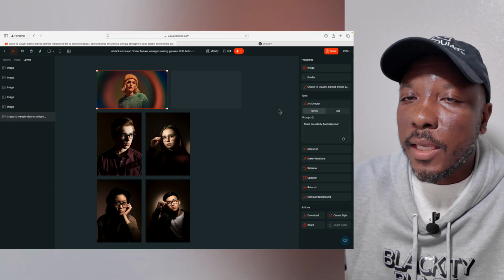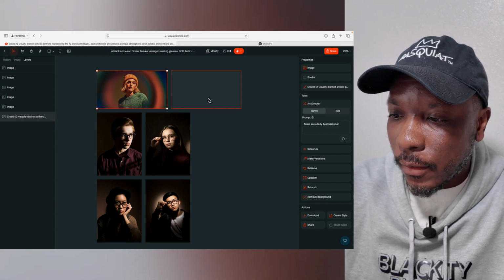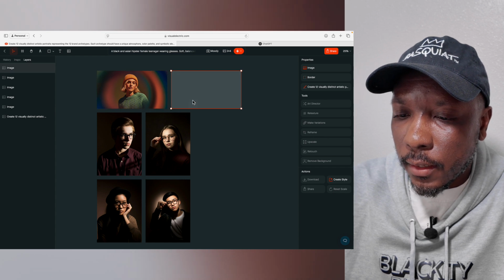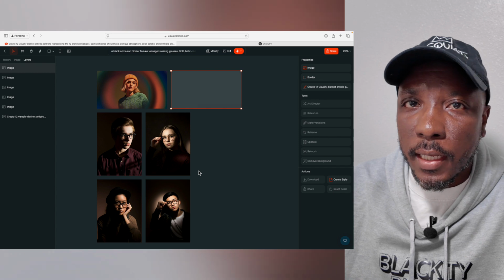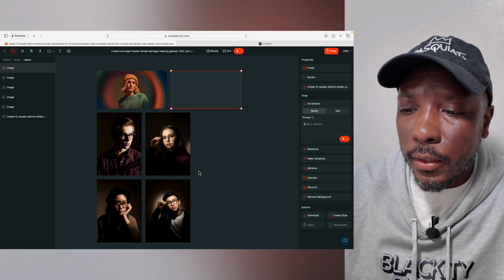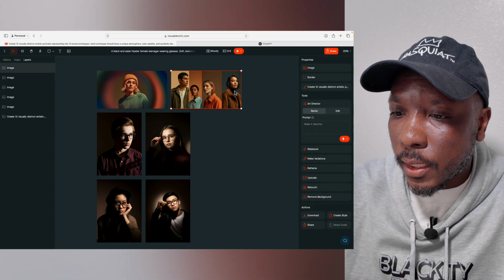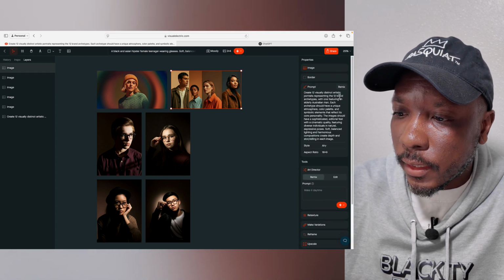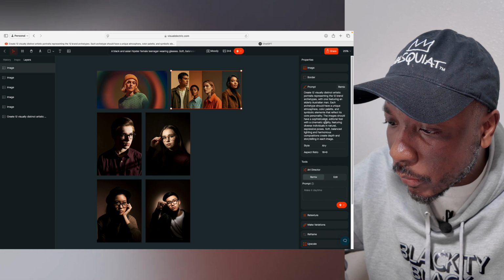For some reason, I just like making content of elderly people. So that way you can see that this is just going to be a remix of this. And depending on the styles and what you're going for, you can definitely make some really cool things. So it looks like because we still have the create 12 visually distinct artistic portraits, that's why we're getting this. So let's say we want to